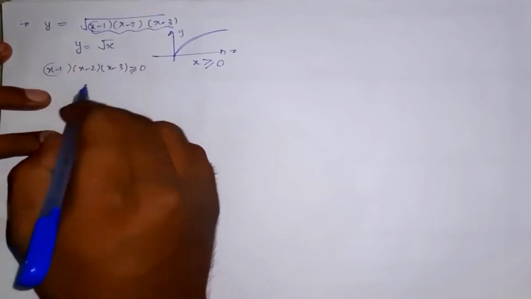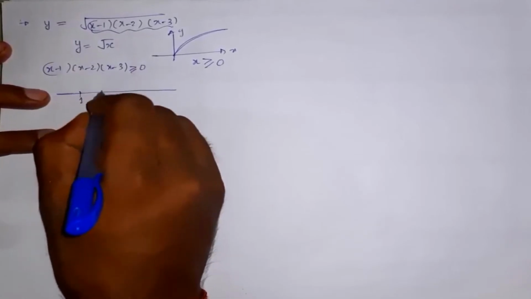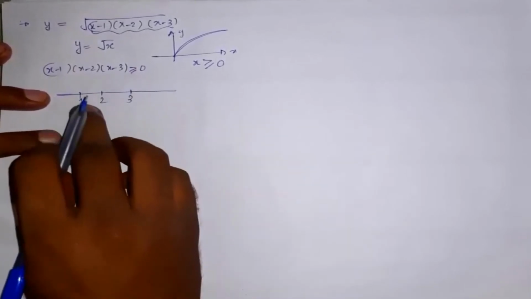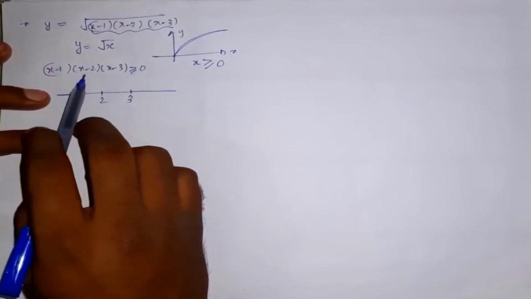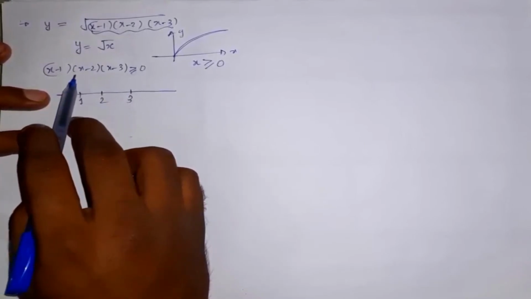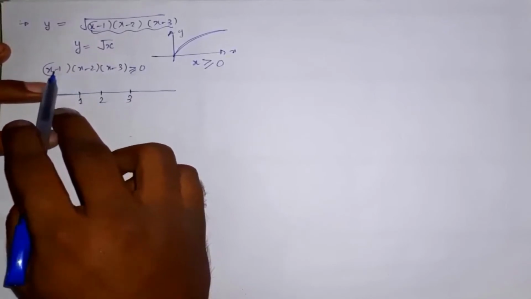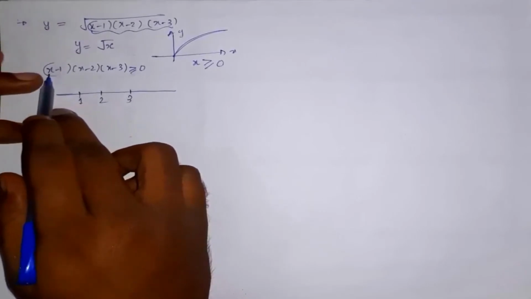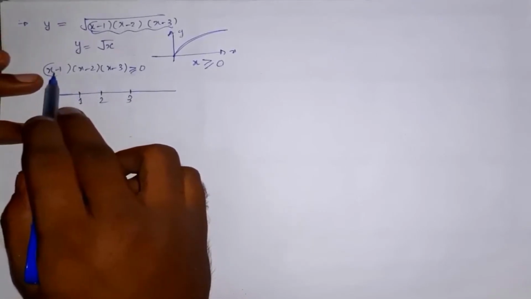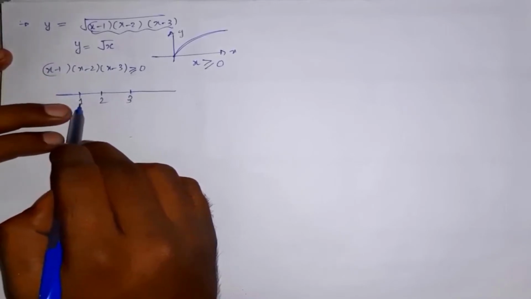So what we will do, we will plot these points 1, 2, 3. These are the points of inversion. I have already told about what the points of inversion are. Points of inversion will be the roots, maybe the roots actually, but they are the points at which the whole function will change its sign. As far as x equals 1 is concerned, I'm saying that this 1 is a point of inversion.